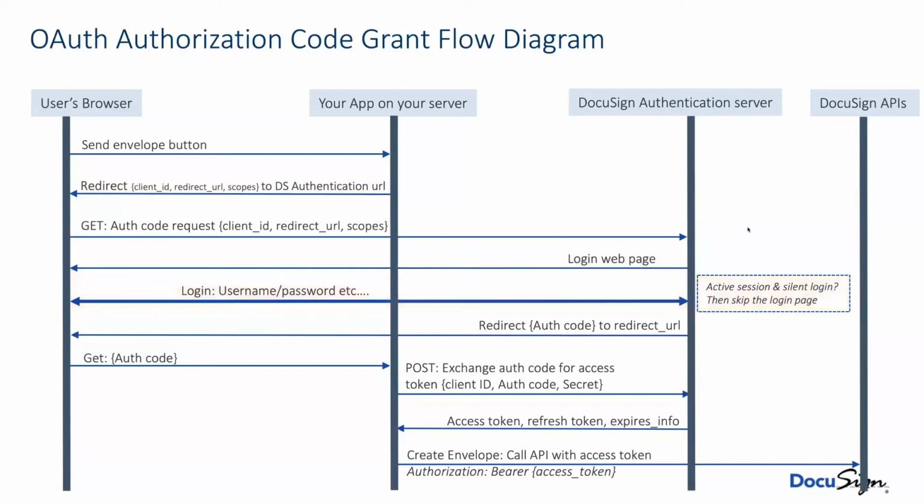In any case, the next step, these 2 prior steps may have been skipped if we're doing silent login, but this step that I'm showing now always happens unless things have been canceled. And this step is now another redirect. This one is sent by the DocuSign authentication server, again, back to the user's browser. This time, the redirect includes the authorization code, hence the name of this flow, authorization code grant. So at this point, there's an authorization code, and the address is the redirect URL that was previously supplied.